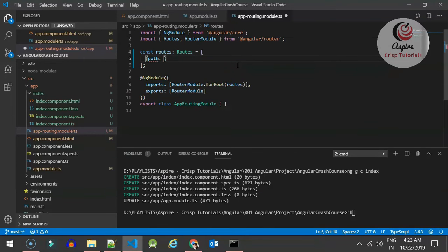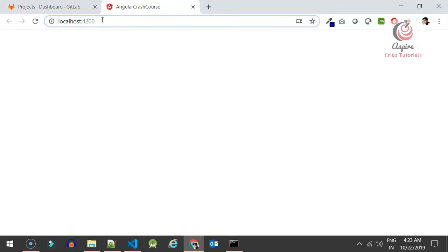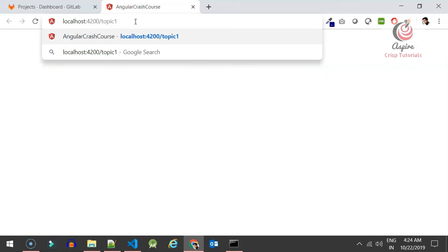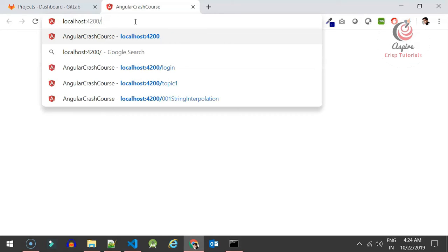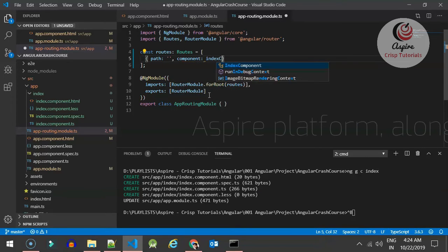So I'll say path. When the path is blank, that means when after localhost 4200 I haven't given anything, so this is blank. Instead of this, if I write topic 1, so this topic 1 is the route path. Okay, but here in our case the route path is nothing. So that is why instead of writing here topic 1, I have written blank, because this is my default route when user has not given any route. At that time you should go to component, index component,